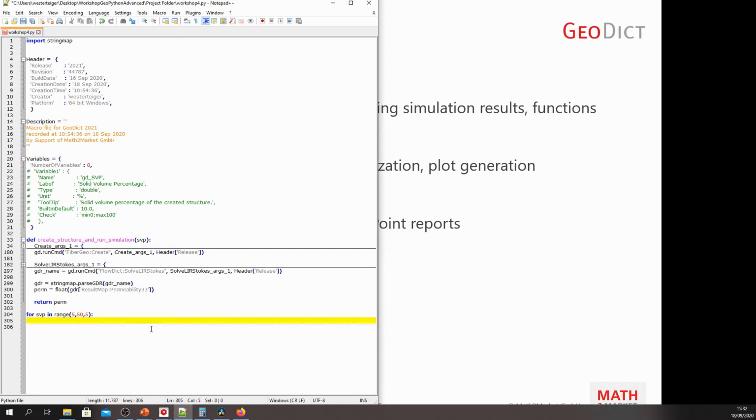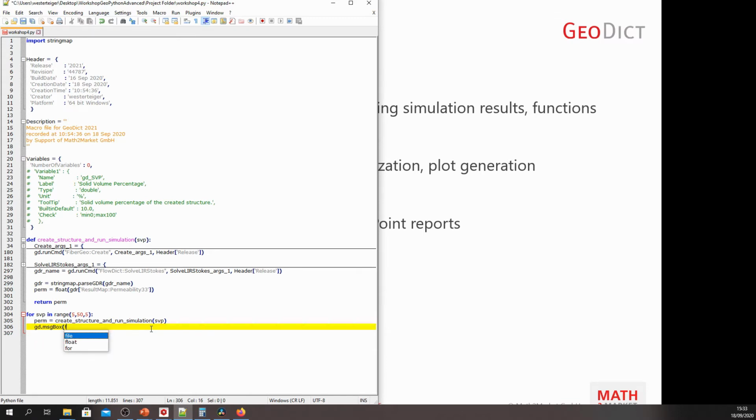And what we do here is, again, we use the variable perm equals create structure and run simulation with the argument SVP, which is the for loop variable. And then again we display the value, but this time we're going to be using string formatting to give a nicer message.